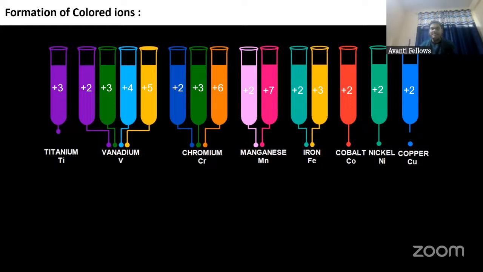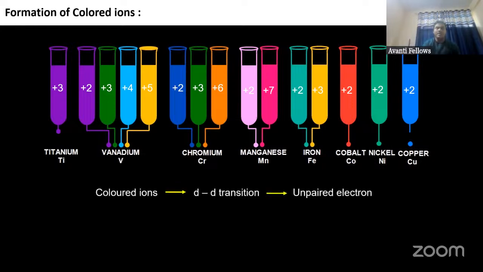अगर मैं मैंगनीज की बात करूं, they also form colorful compound, pink color का. Iron also forms colorful compound, cobalt also forms nickel and copper. So color ions, why they are colored? If someone asks why d block elements are colorful in nature, why they form colorful compound, so answer is due